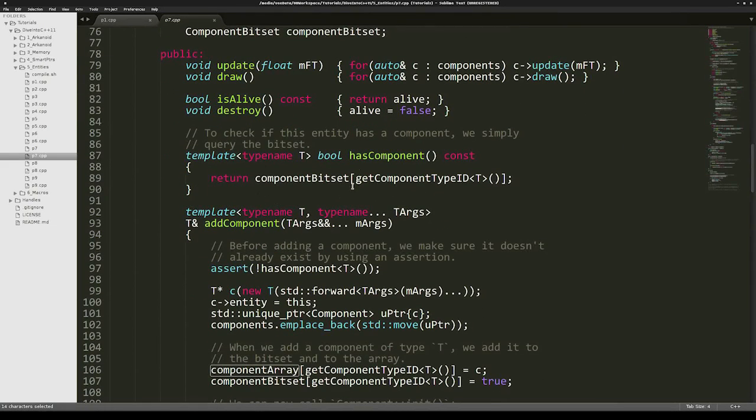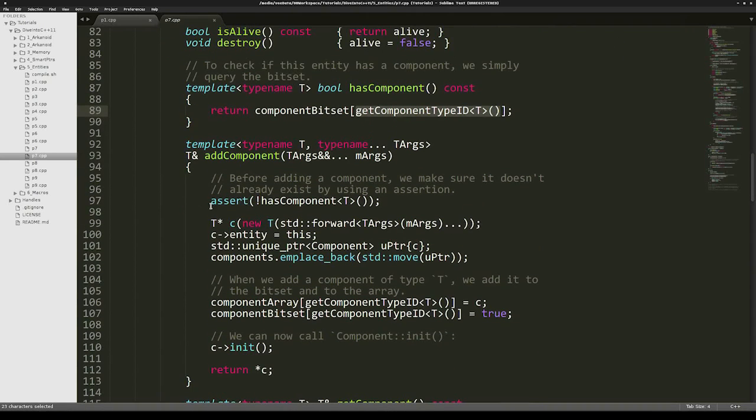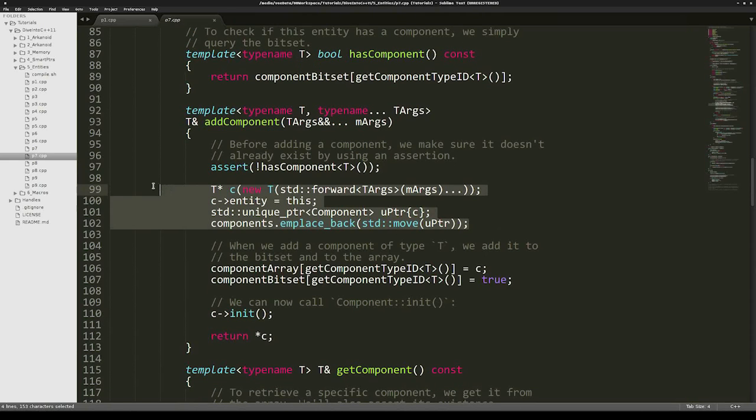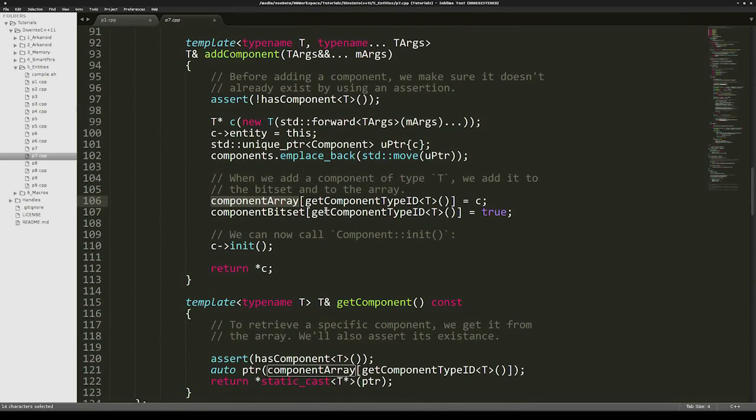So to check if the entity has a specific component, we will have a template method called hasComponent that will return a boolean, and what this does is simply ask the bitset if the bit at the position with the type ID of the T-typed component is set to true or to false. To add a component, I also use an assert here to make sure that we do not mistakenly add a component of the same type twice. And also, after doing everything we were doing before, I also set the component array pointer to the newly created component, and I also set the component bitset to true in the bit